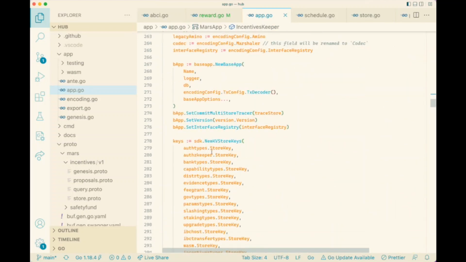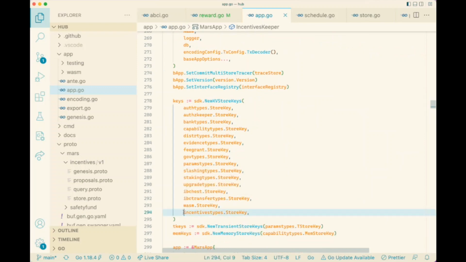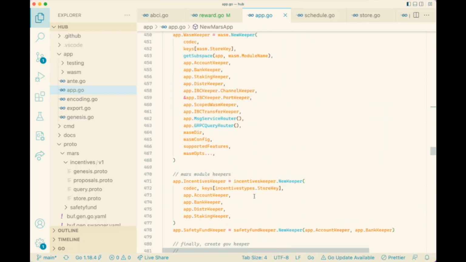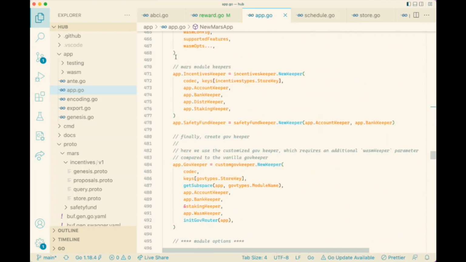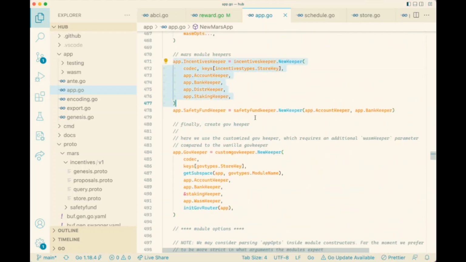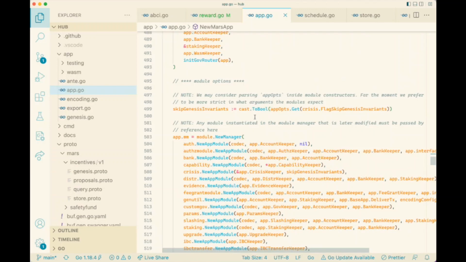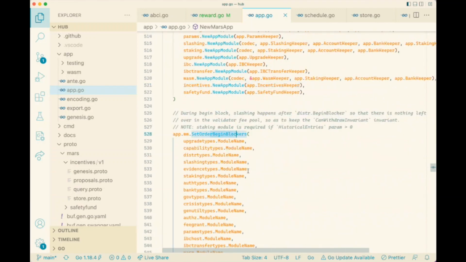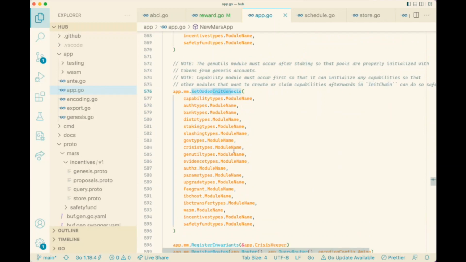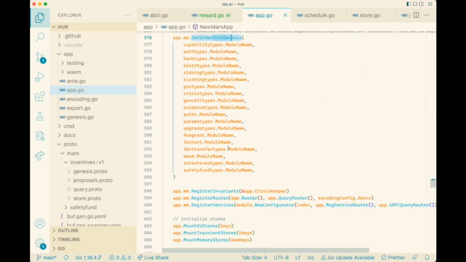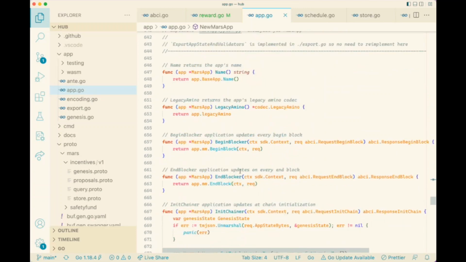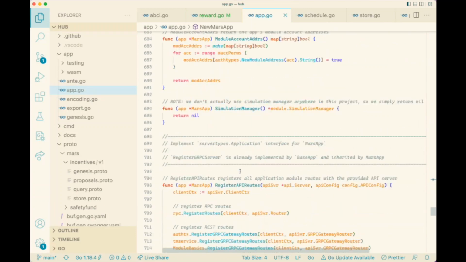So we also need to declare the storage key. So we declare our keeper right here. Right. In the module manager, it needs to be here. In begin blocker, it needs to be there. In init genesis, end blocker, all needs to be there. And in the module account configurations,